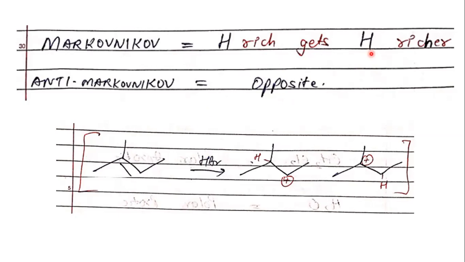This is just a trick to remember Markovnikov addition, but the actual chemistry behind it is this. Say I have two carbons here, in the same compound drawn here. Either the H can be attached here or here. Let us first assume the H is attacking this carbon. Then obviously the other carbon will develop a positive charge. This is a secondary carbocation. If the H is attached to the other carbon, the carbon with the positive charge is a tertiary carbocation. And obviously, a tertiary carbocation is far more stable than a secondary carbocation.